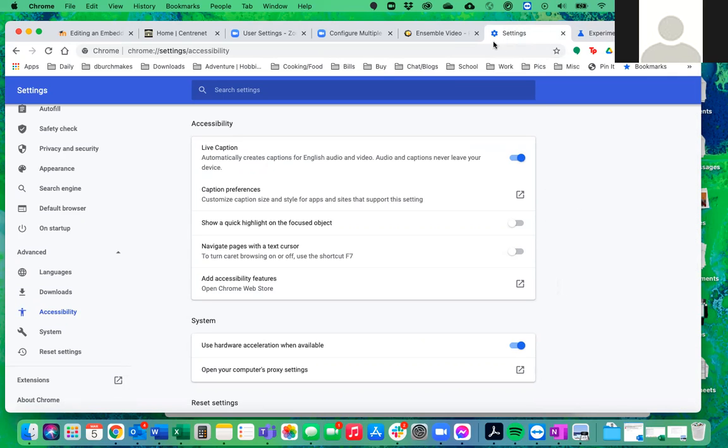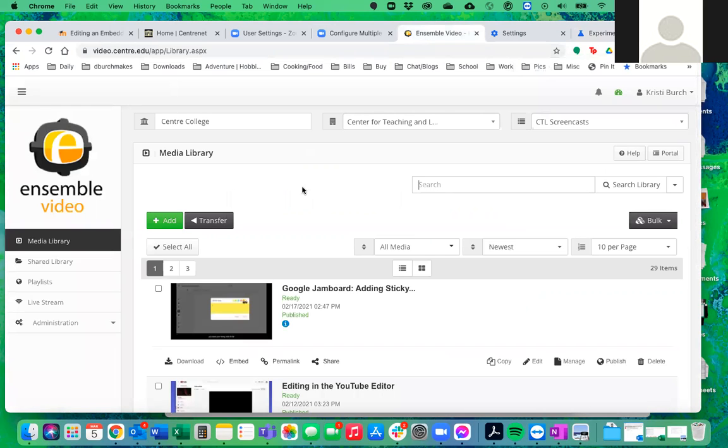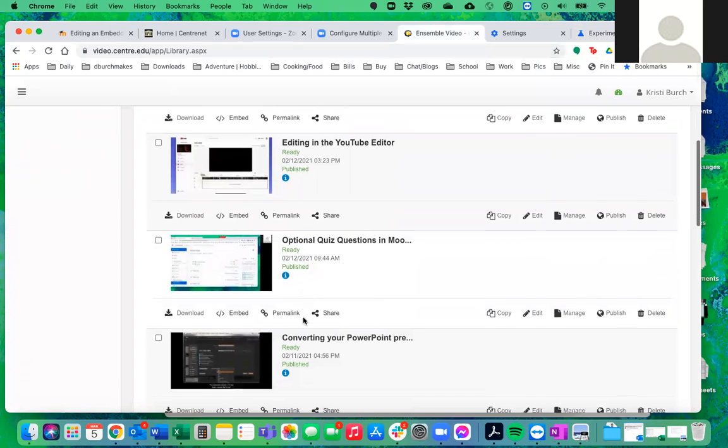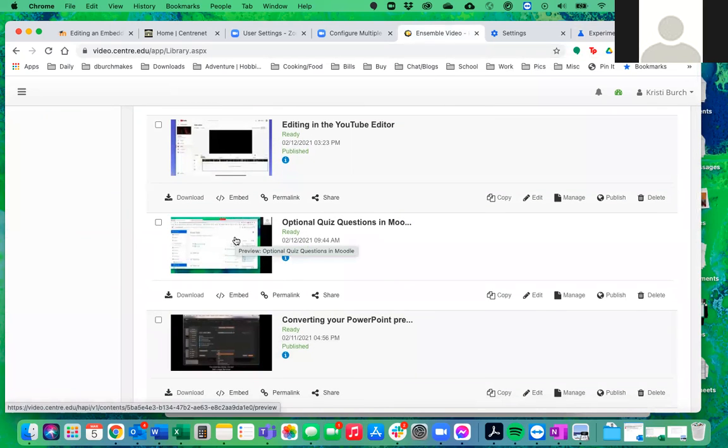And once you restart the browser again, if you go to Ensemble, for example, and you go to play video,